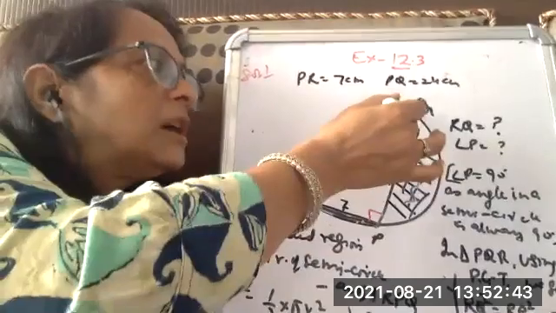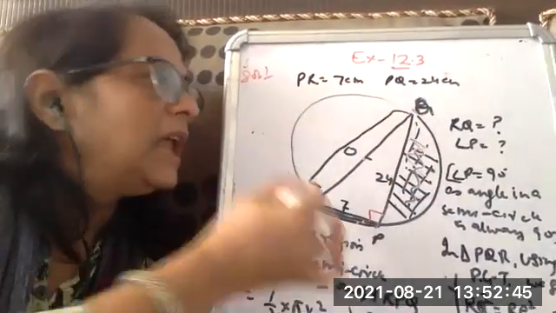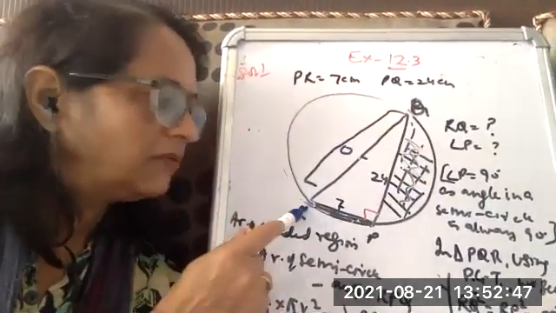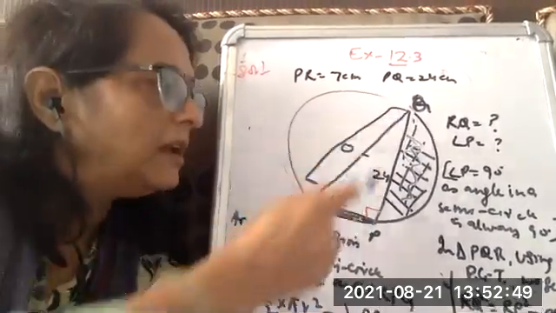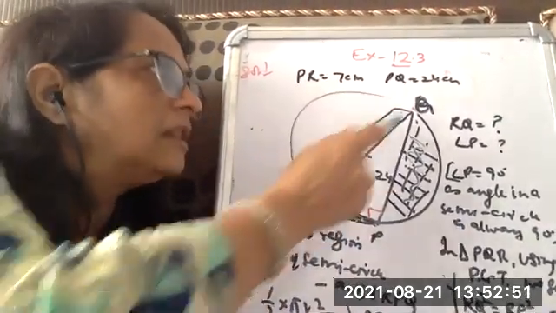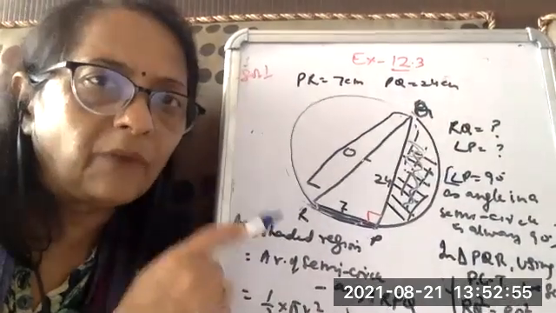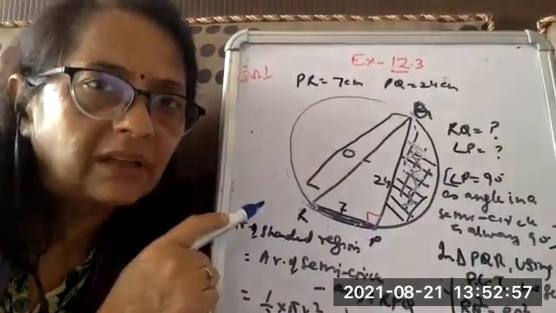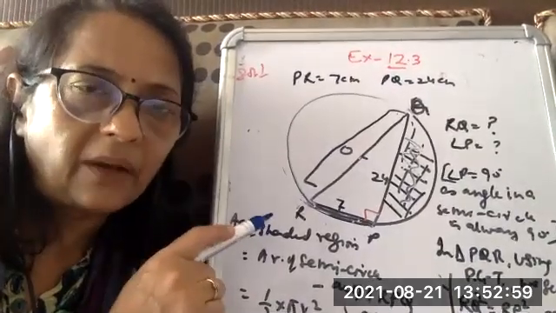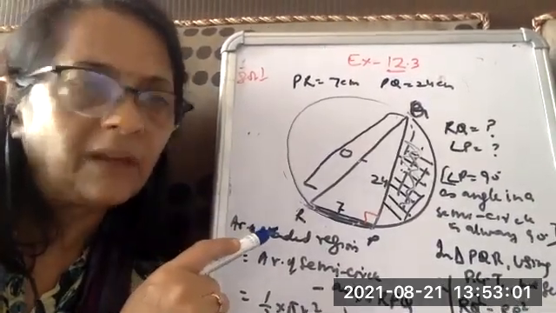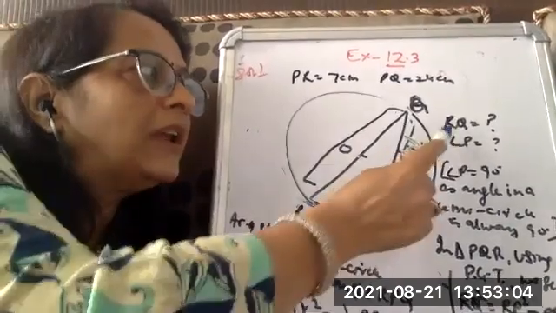So now the question comes, what all things are we given here. In this question, we are given RP, we are given PQ, but we are not given RQ. And this RQ is actually the diameter, and from the diameter we can find out the radius of the circle, and through the radius we can find out the area of the semicircle too, right? So we have to find out RQ.